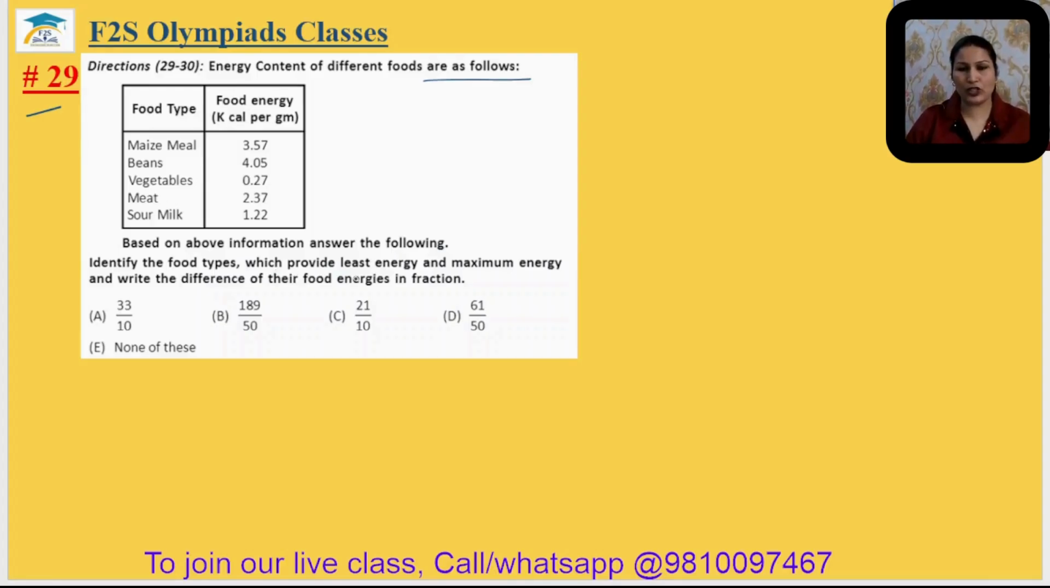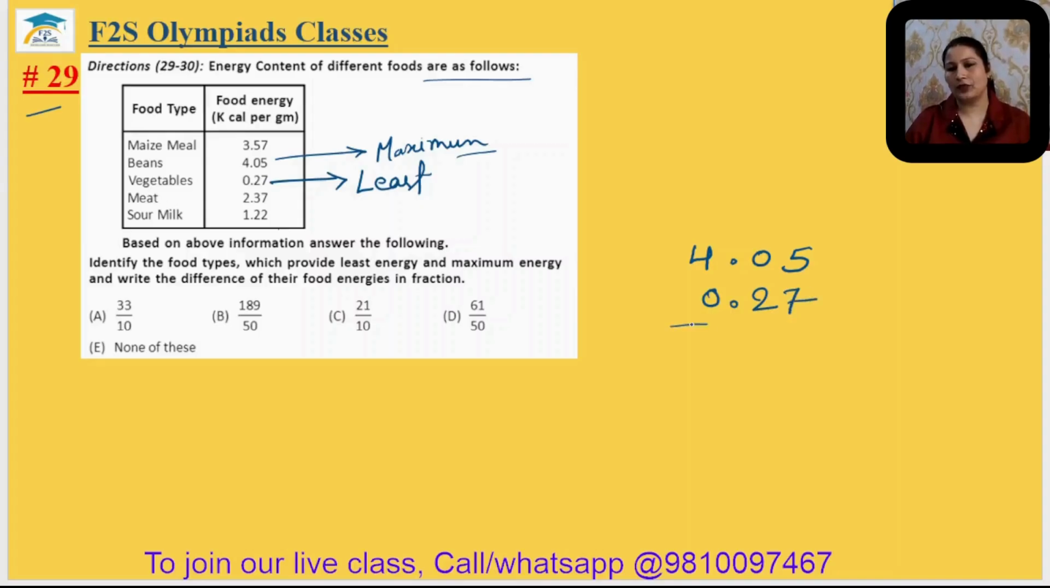Identify the food type which provides least energy and maximum energy, and write the difference of their food energy in the fraction. So we can see 3.57, 4.05, 0.27, 2.37, 1.22. So this is the least one, and this is the highest. It has maximum energy. We have to find the difference between them. How can we find it? 4.05 minus 0.27. So 15 minus 7 is 8, 9 minus 2,